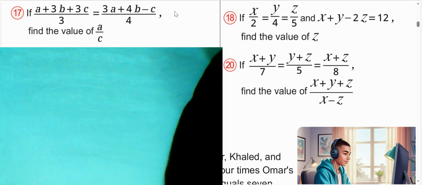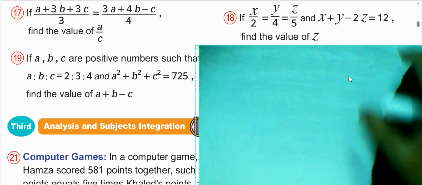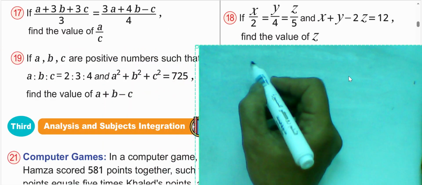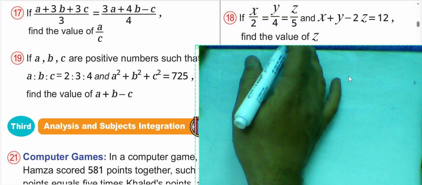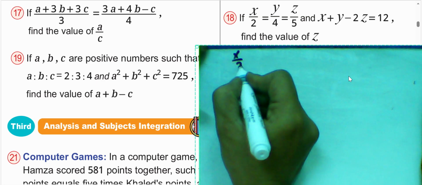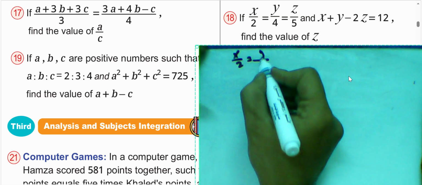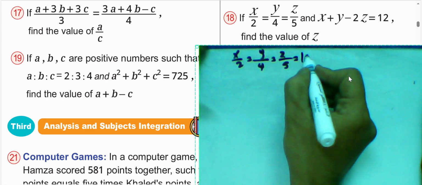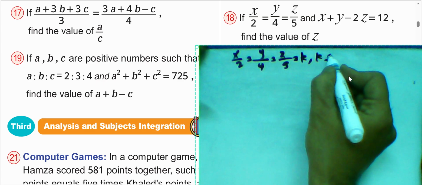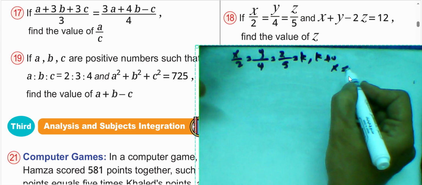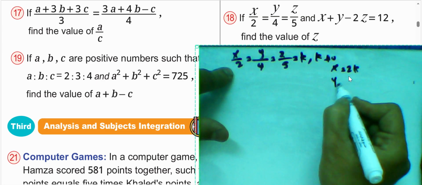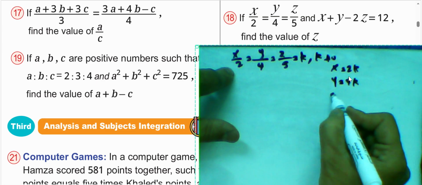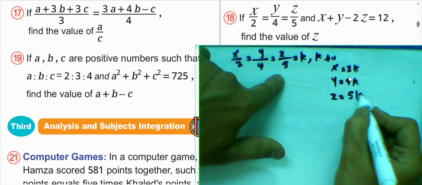Now going to number 18. Find the value of z. To solve this example, you can put a constant. x over 2 equals y over 4 equals z over 5 equals k. Then k here is not equal to 0. Then the value of x will be equal to 2k, and y equals 4k and z equals 5k,